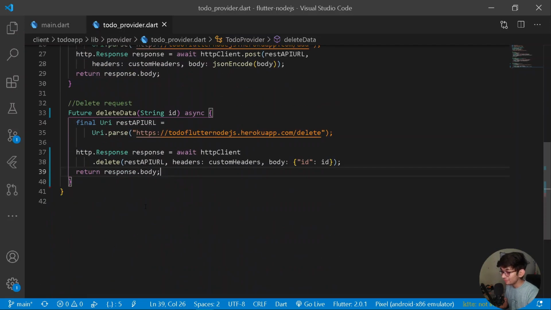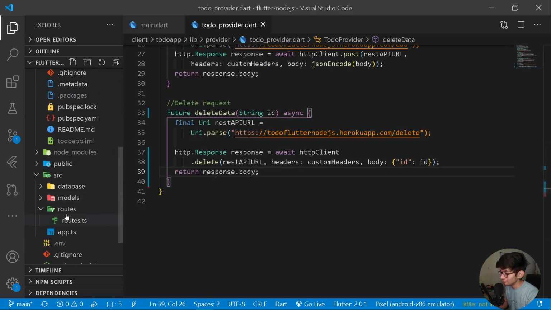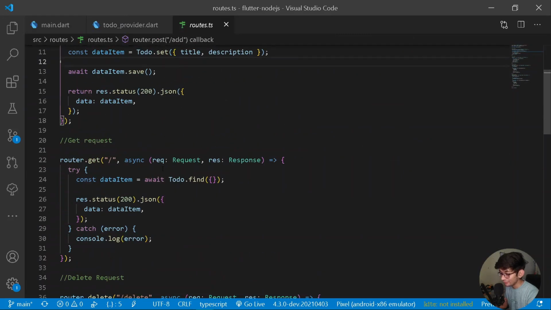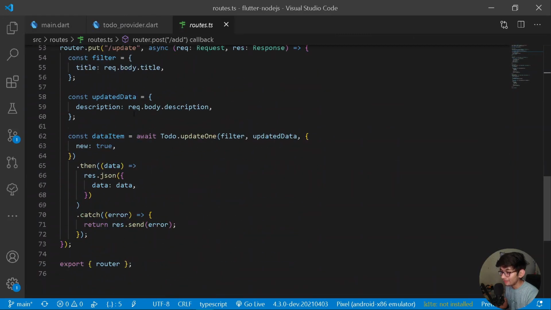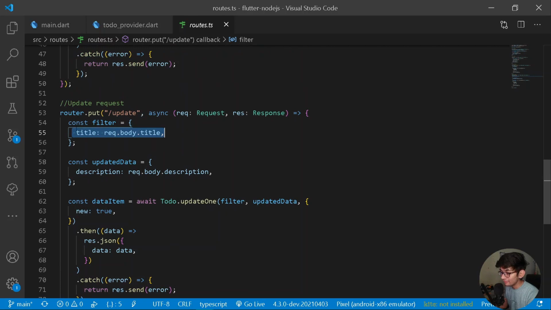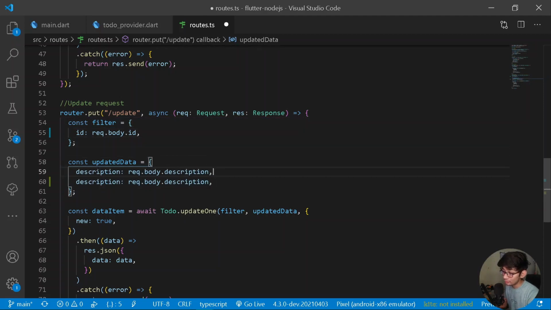So once we have done this, let's also add the functionality of updating some data. For that purpose, let's go back under our routes. It is a hectic process, but we need to do it. So here if we scroll down under update data, under a filter we should have title changed to ID, just like this. And under the case of update data, we should also have a title if we need to update the title. So here let's have a title and also a title here as well.